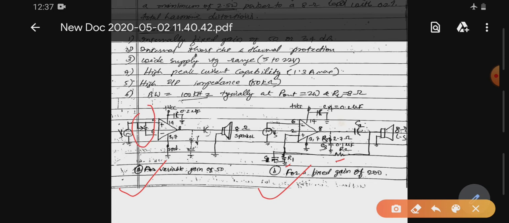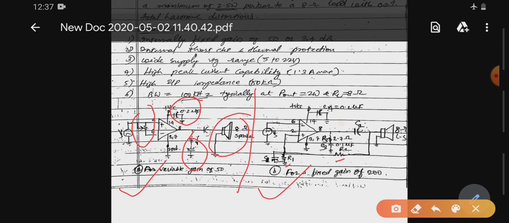Directly you can assume the value, so there is no design point of view in the first diagram. Directly the IC is by default LM380 and only one component is required, that is a variable resistor. Here the value of this capacitor is fixed, these two are optional components. What is the need of these two components I will discuss, and the load can be a variable load one. So there is nothing to design in the first circuit.